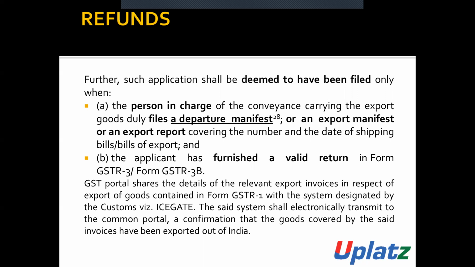The valid return may be GSTR 3 or GSTR 3B. So, if the person in charge of the conveyance files a departure manifest or export manifest or the export report, and second is when the applicant has furnished the valid return, then